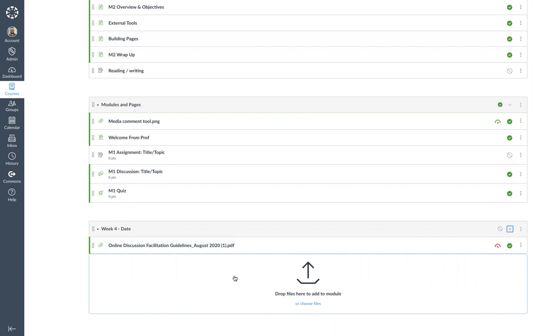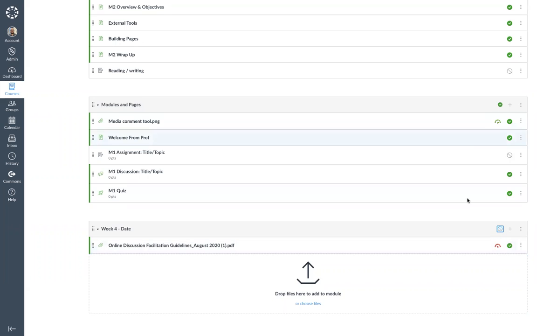For students to be able to view the content that you put in here, if you're not doing a date, that means that the content here is not published yet. You can tell that by this little icon on the right-hand corner. If I click on publish, it turns into a green check mark. That means that students now have access to this. If I don't want the students to have access to this week or anything in the week, I simply unpublish it.